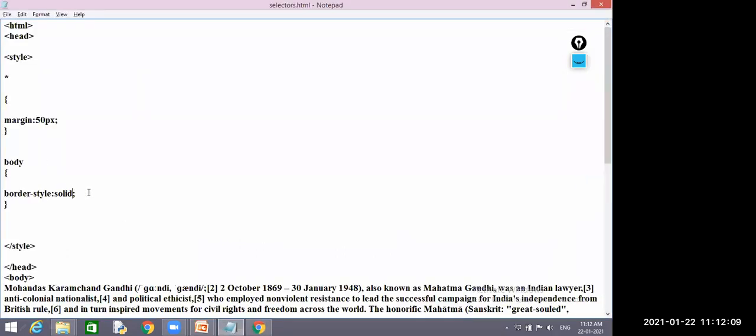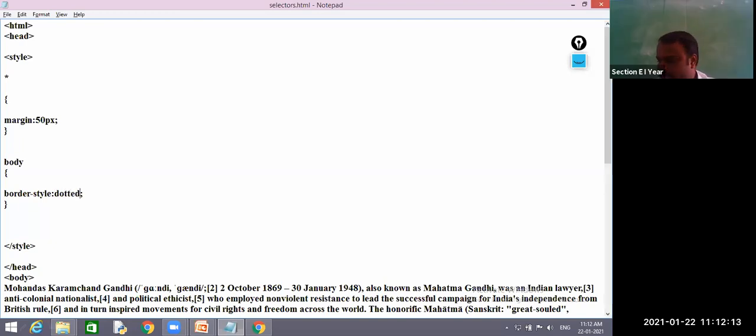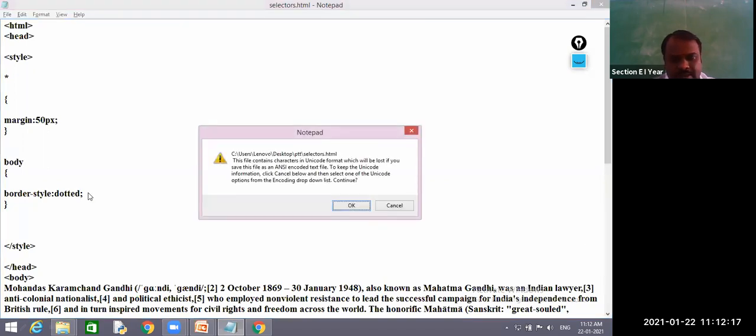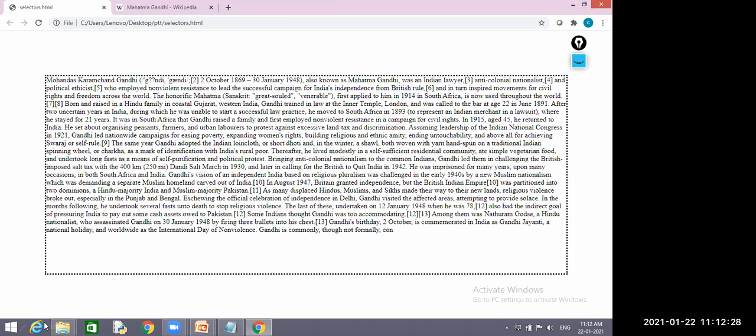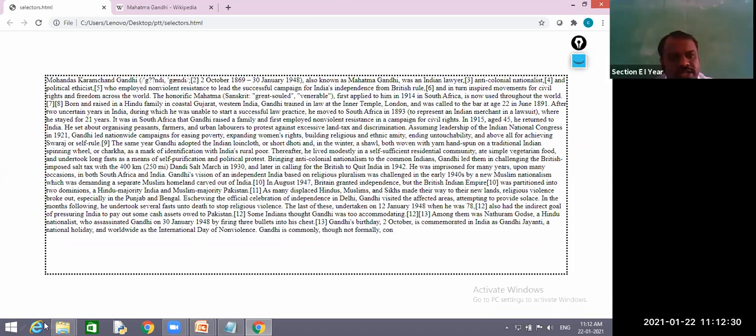So I will change this style to dotted and we'll see how it will print. Can you see these all changes? Yes, yes. Okay. So it has changed to dot.